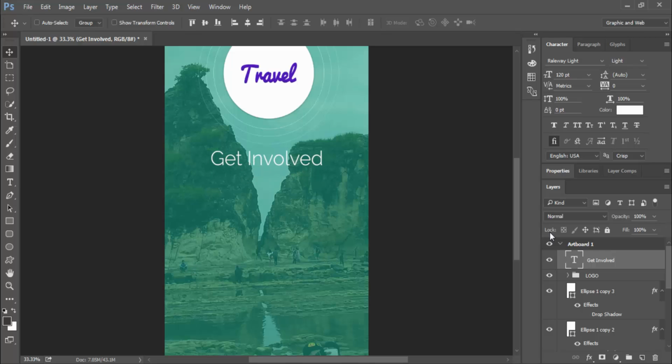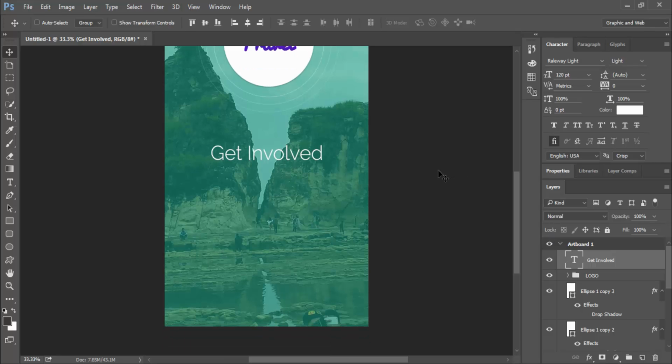We can set the margin using the shift key on your keyboard, 1 2 3 4 5 6, 12 times.